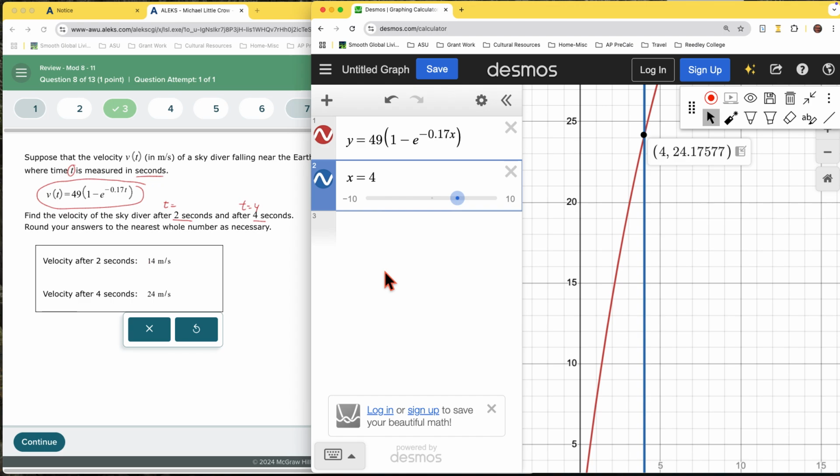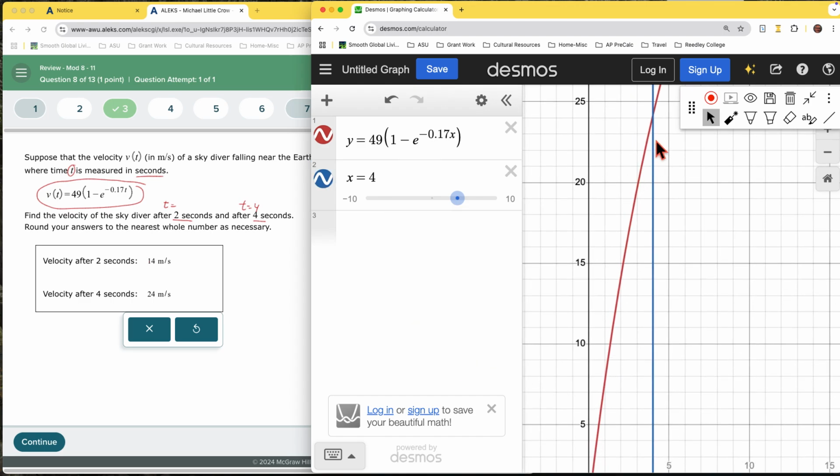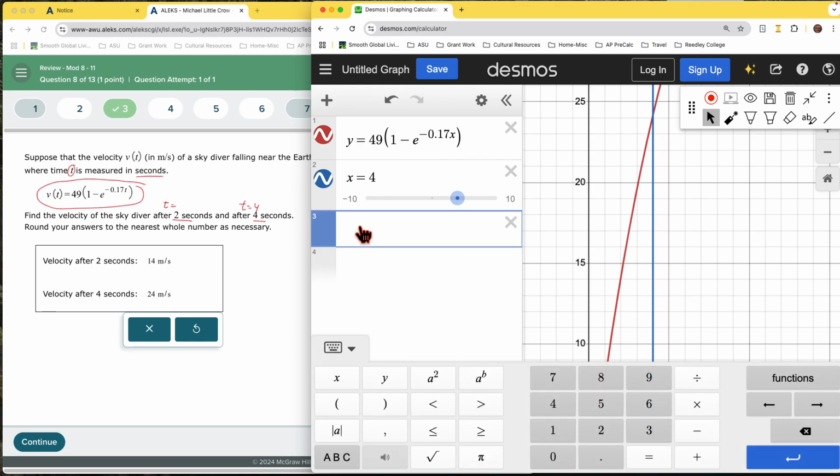Okay, so that's using the graphing tool. But notice we had to move the graph around to be able to see it. And depending upon the values here, it might be pretty high. Another way to do this is the table. And again, in here, instead of y1, we'll just type in this, 49, 1 minus e raised to the minus 0.17